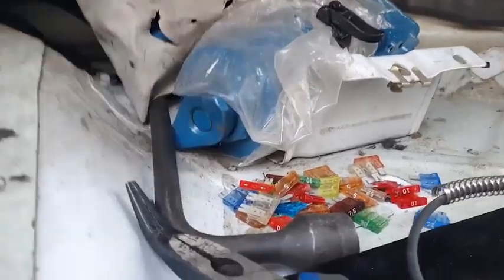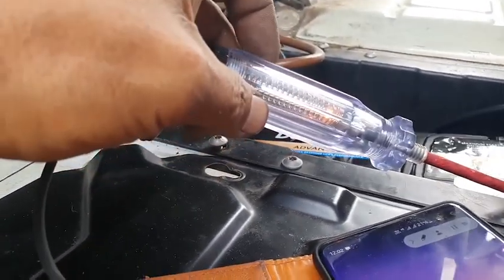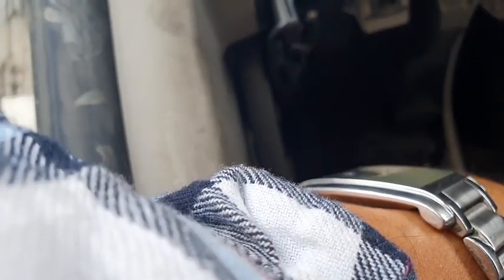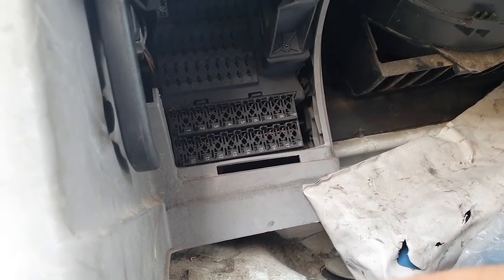removing all the fuses. Now we removed all the fuses and we're still getting short to ground. All right, now that shouldn't be doing that. I have the feeling that the short to ground is coming from my fuse box. I am just thinking common sense. I believe the problem is behind this fuse box, and I'm gonna have to remove that and have a look at it,